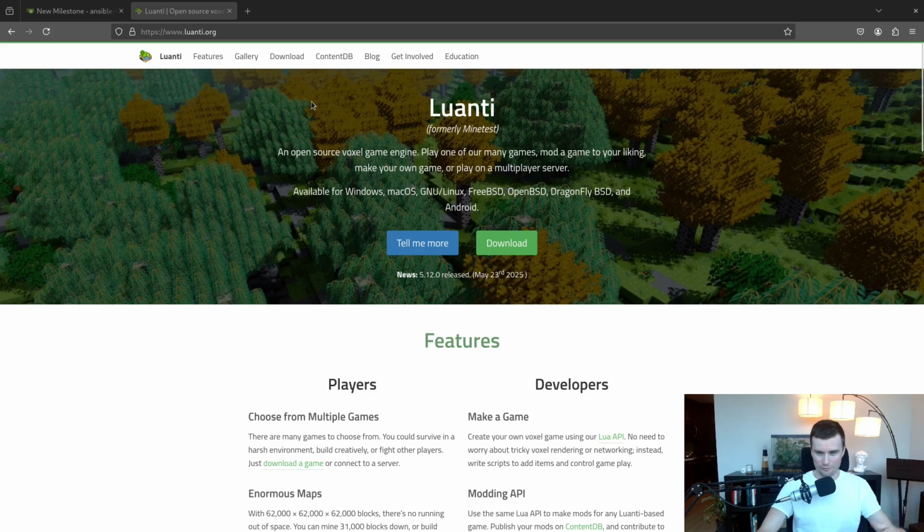But if you're familiar with Minecraft, this will be a very familiar game, and if you've been on the server already, then you already know what I'm talking about. I've been hosting an instance of Luanti on my private network for about 3 or 4 months now, and we have enjoyed it for a while, but it's time to reset the server and start up Season 2 because we wanted to do a few different things with the mods that are requiring us to start over in a new